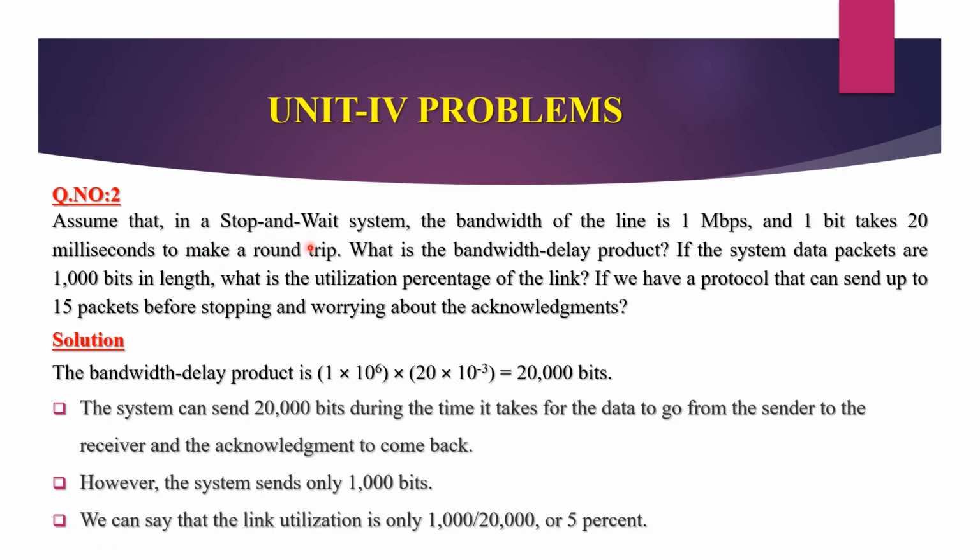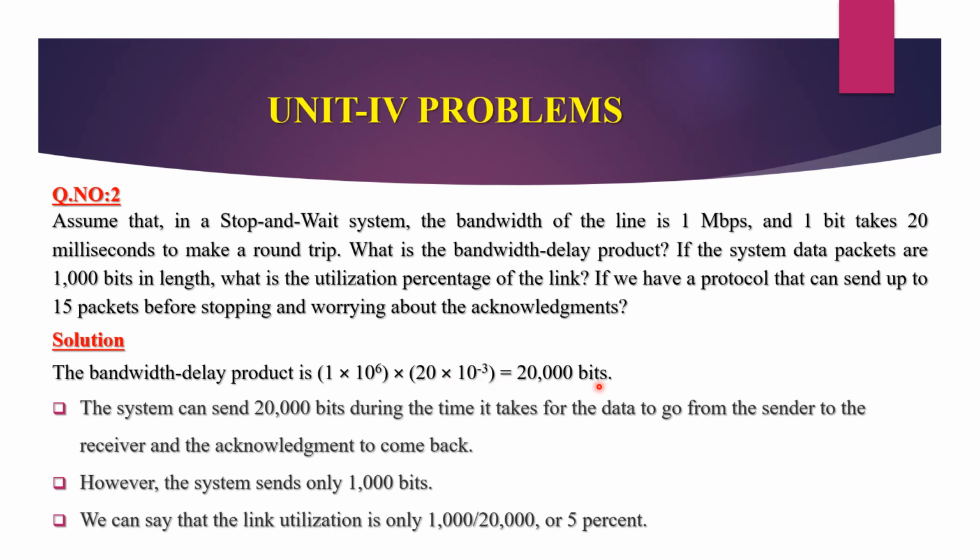Assume that in a stop and wait system, the bandwidth is 1 Mbps and it takes 20 milliseconds round trip time. What is the bandwidth delay product? If the data packets are 1000 bits, what is the utilization percentage of the link? If we have a protocol that can send up to 15 packets before stopping and worrying about the acknowledgement, the same thing, we find the bandwidth delay product, 1 Mbps into 20 milliseconds,